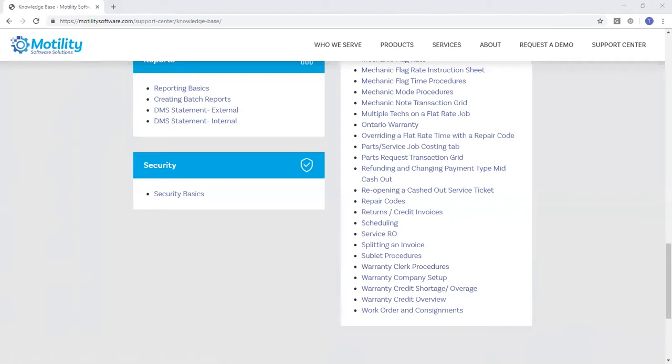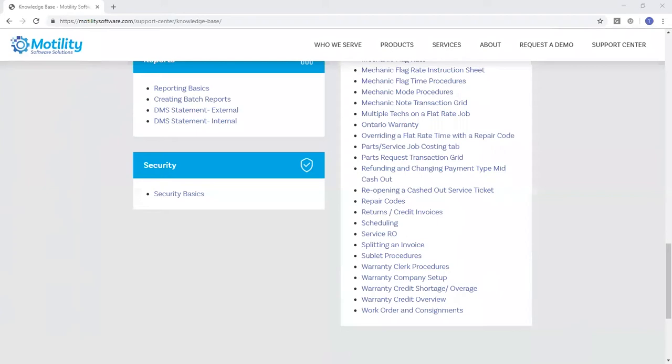Okay, all right, so I do have some Q&As coming up here. Yeah, Justin, you're asking, when I cash a claim, I click submitted and then cash the ticket. Okay, so you're confirming the process of submitting the claim in parts and service on those ROs. And the answer is yes, he's asking, should he click submitted and then cash the ticket, which is basically true. You're going to mark those claims as submitted and cash out the work order,